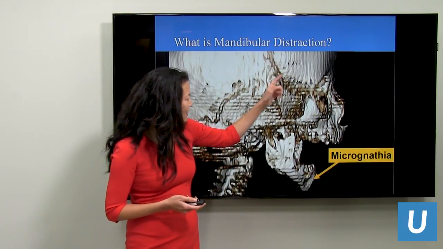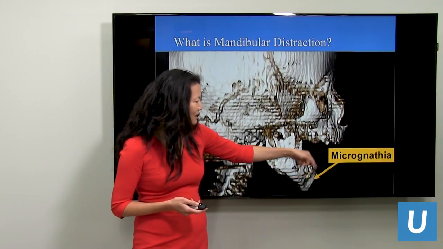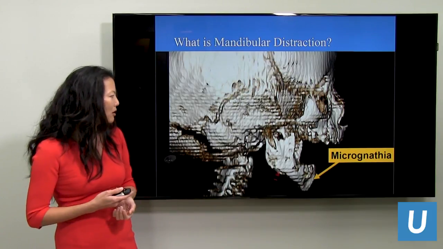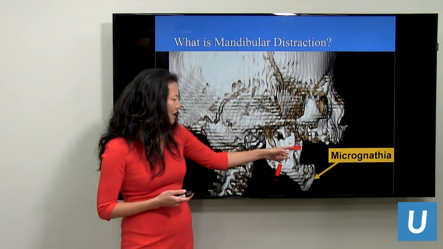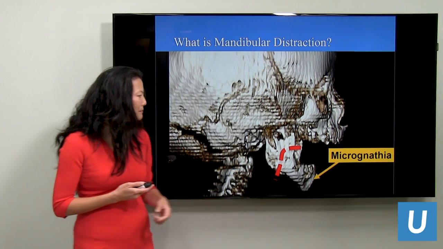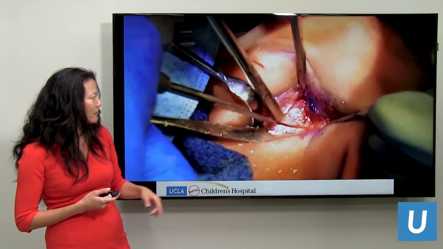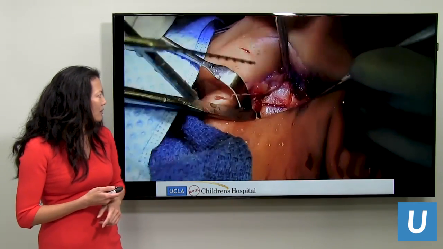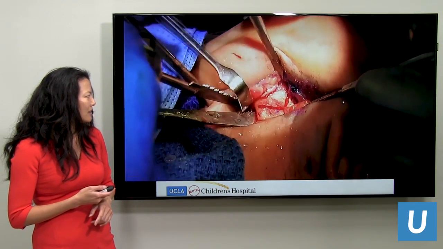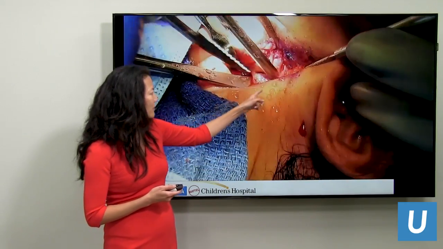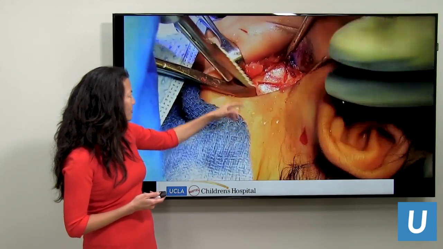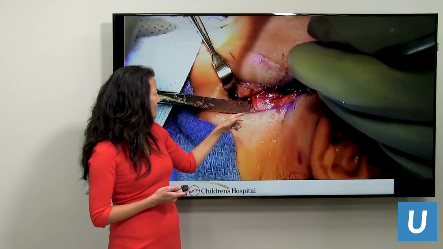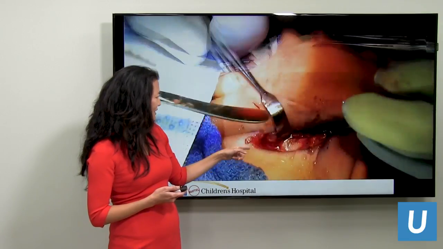Okay, and here's a 3D CT scan. Here you see the micrognathia. You see how this mandible is so small compared to the rest of the skull. What we're going to do is make this L-shaped cut here on this part of the mandible. And in the operating room, this is our L-shaped cut. Here's the inferior border. Here's the ear, the baby's head is facing this way. Once we finish making this cut down here,